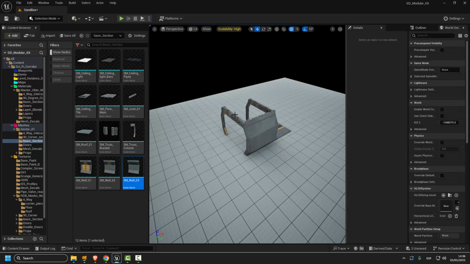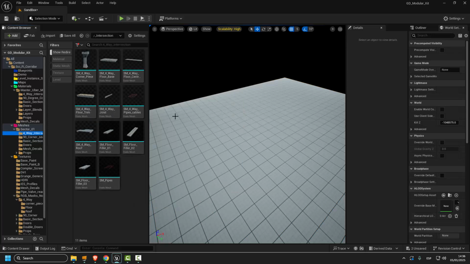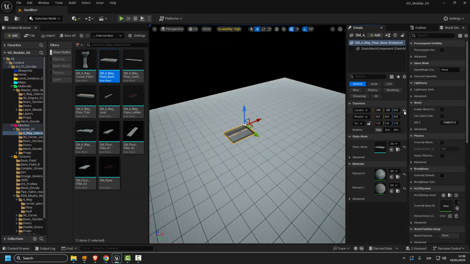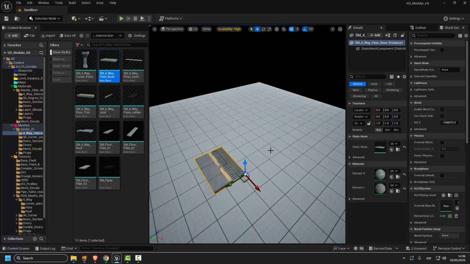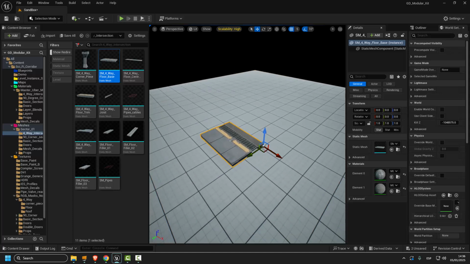So you don't want to be doing this to build out your whole level, so that's why I use those level instances. I just want to show a quick example with the four-way piece. So the four-way piece, floor base. Remember I said it was just a quarter of a piece, and this is at 0, 0, 0, the pivot. So I'm going to go Control D and then -1,